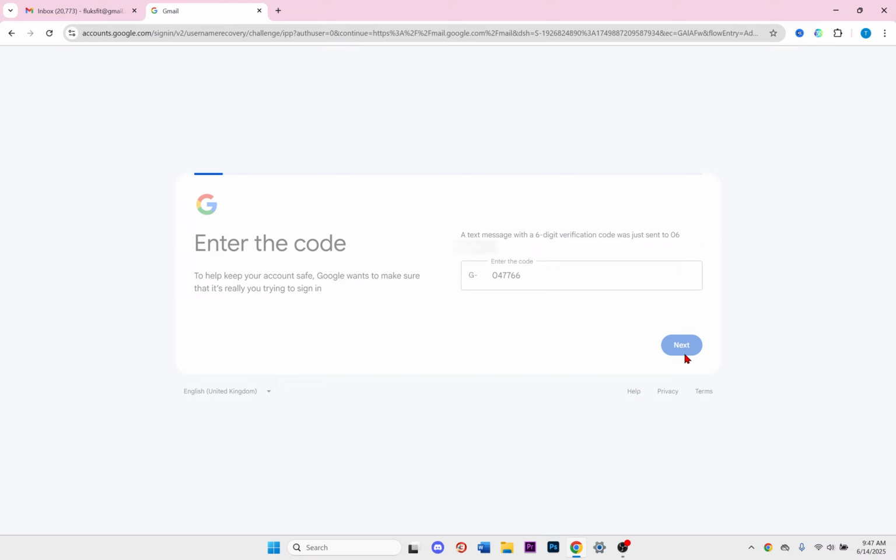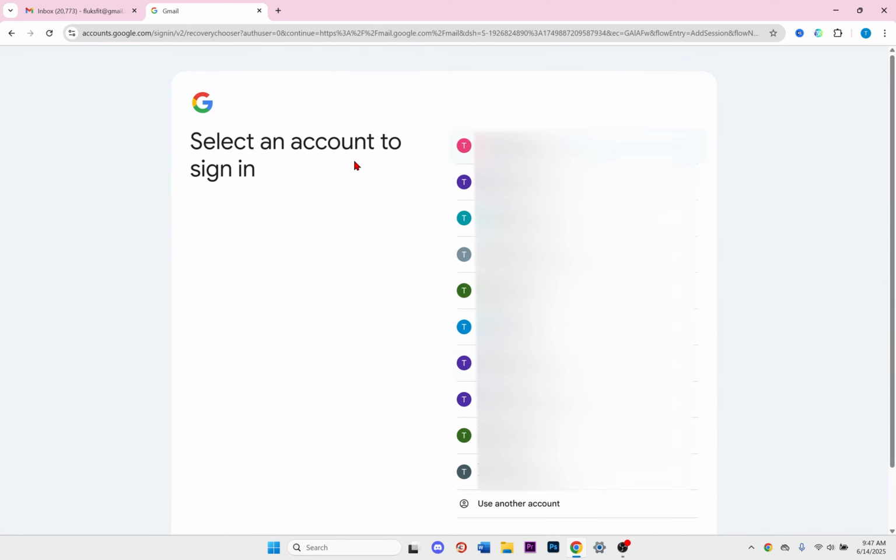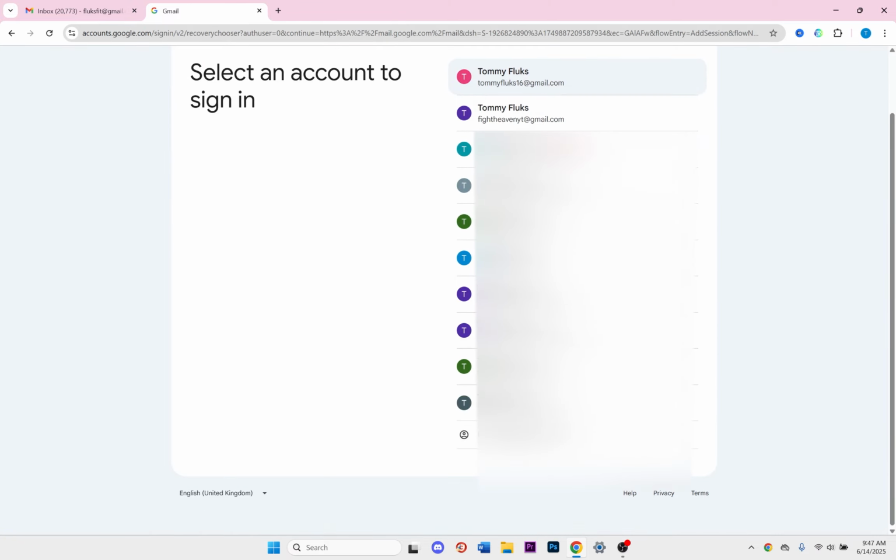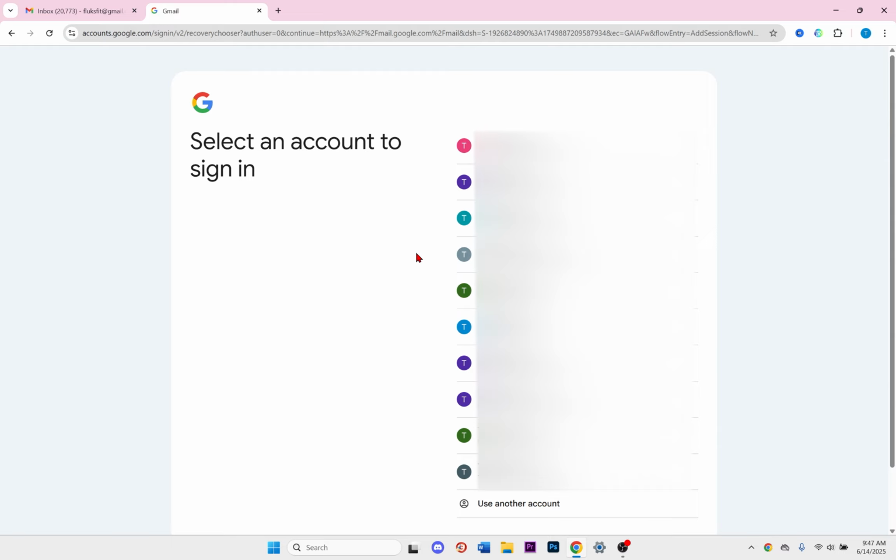Then we do next. And then right now you will find all the Gmails that are linked to your phone number. So from now you can choose the Gmail that you were searching for and then use that to log in. So this is exactly how you can find a Gmail by phone number, and hopefully this video helps you